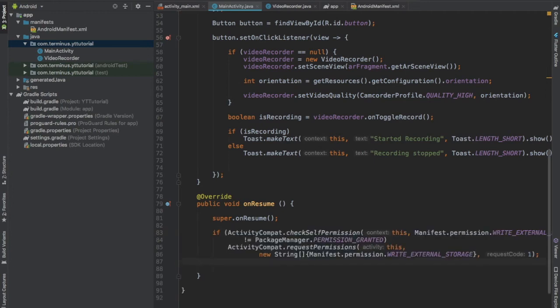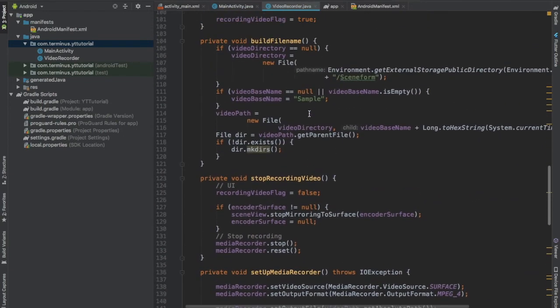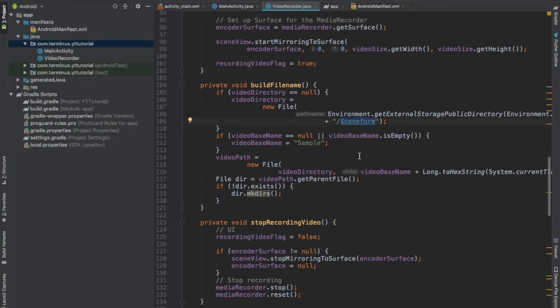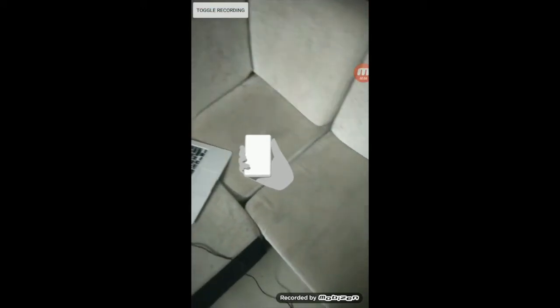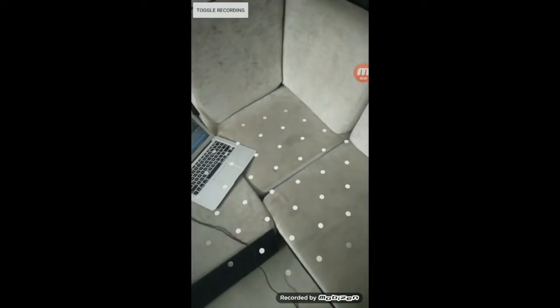And before running, I want to talk about one more thing. Go to VideoRecorder.java file, and inside the buildFileName function, you can replace Sceneform with any string you like. This string will be used to name the folder in the gallery. Allow permission camera, allow permission storage, look for a plane, tap on it